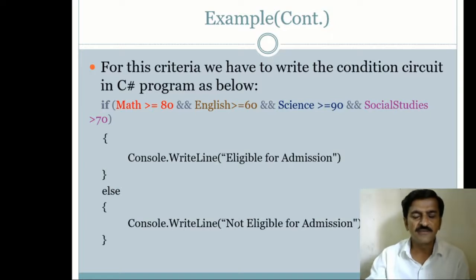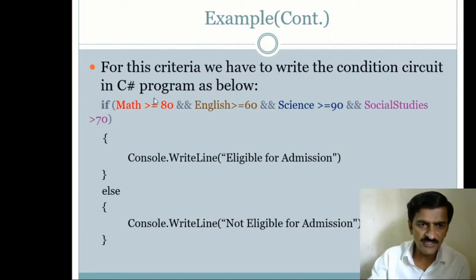It means that if the first condition is false or the second condition is false, then there is no use in testing the other conditions in the if statement. So this task is performed by the logical AND operator. That's why it is called the short circuiting AND operator. What it actually does is test the first condition, that is, math is greater than 80. If and only if the first condition is true, then it moves to the second condition. Otherwise it will not move to the second condition.